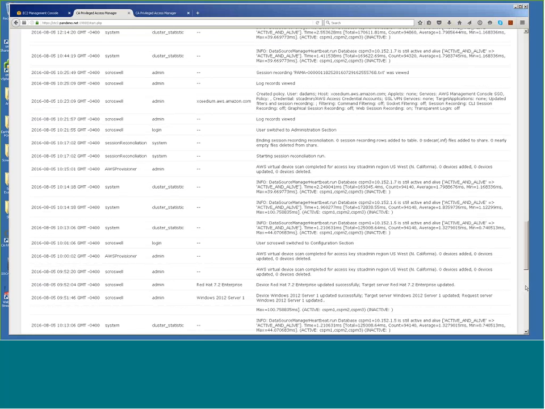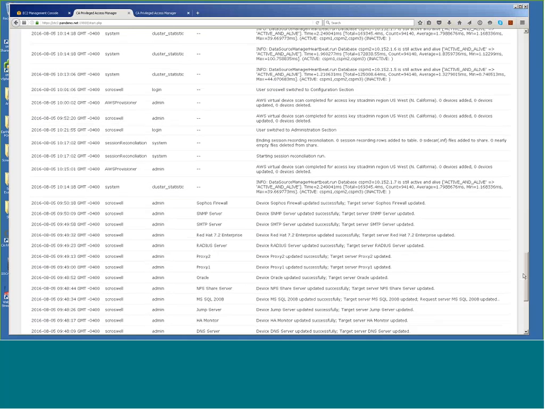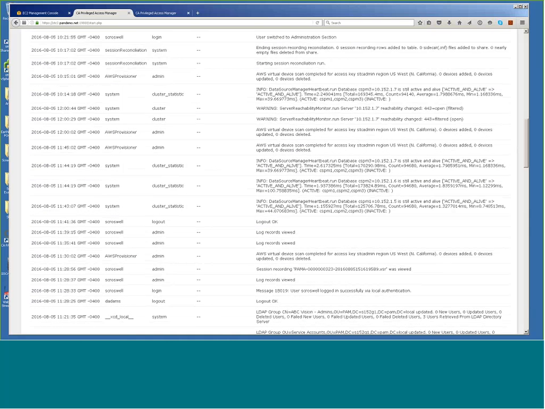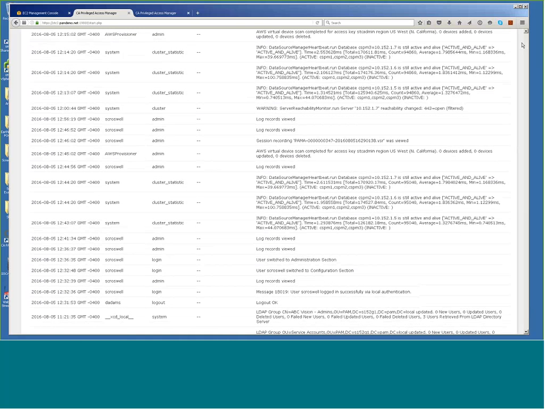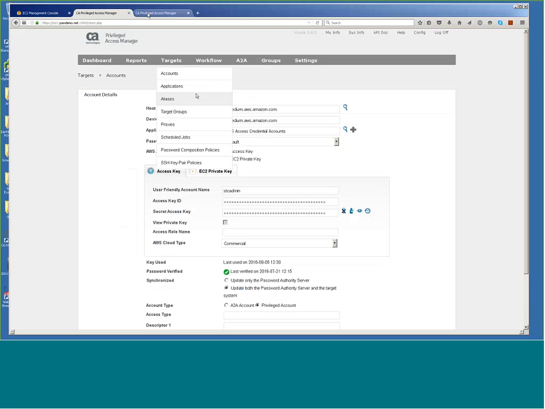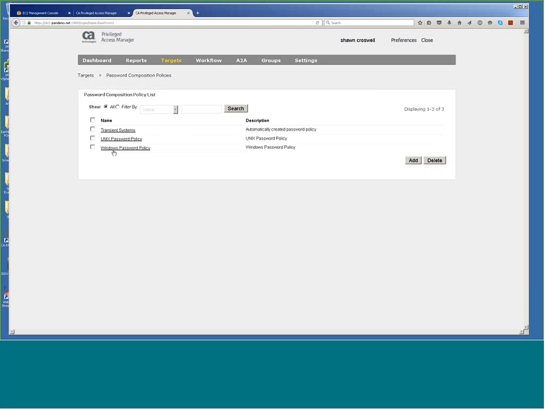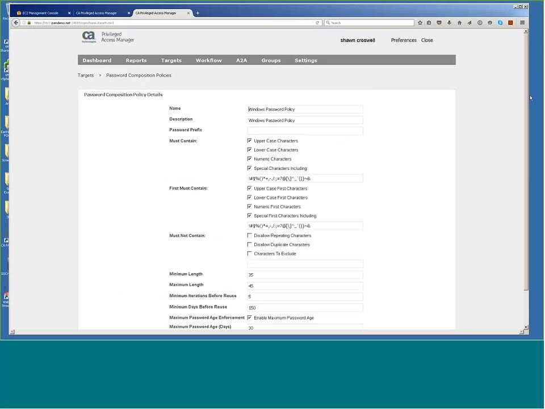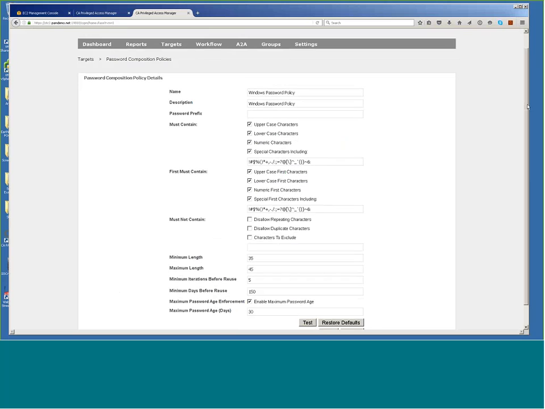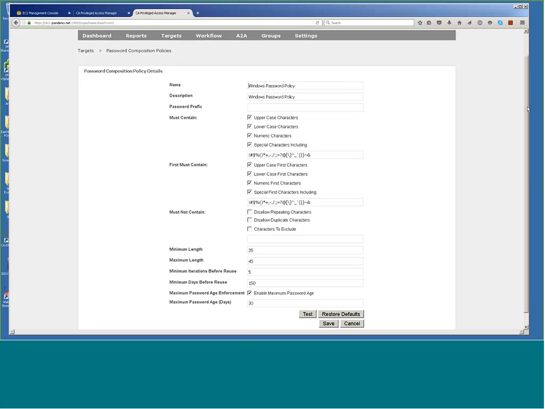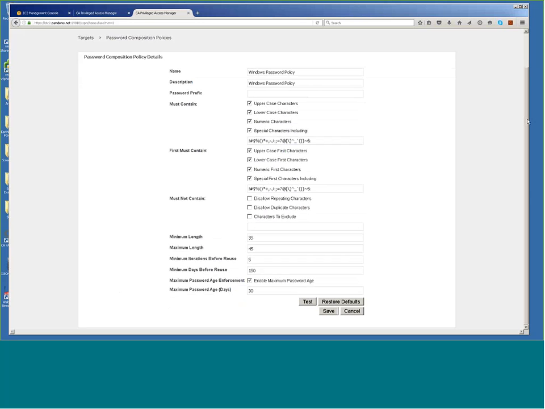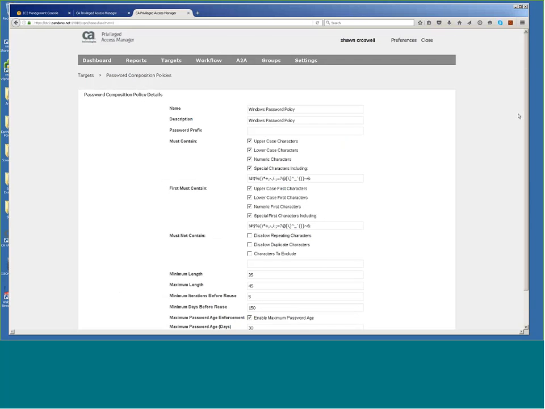So when we set up the passwords, you've got two different things. You have what's called password composition policy. If I look quickly here at a password composition policy, you've got a Windows policy and a Unix policy. If you've got a mainframe or a database that doesn't like certain characters, Cisco devices don't want a pound sign in there, you can set up your password composition policy. So, anything we can hit and manage that password rotation, you can set up a separate policy for.